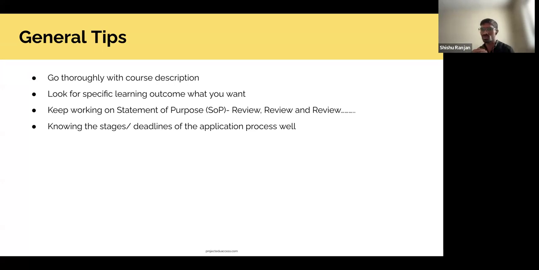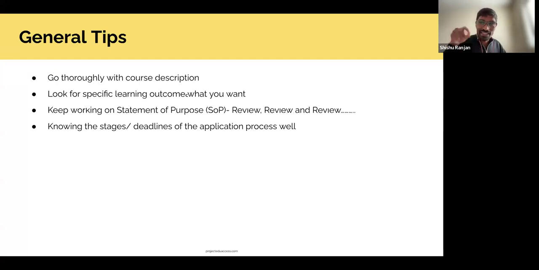Review it, and just keep writing. Each and every word matters in that SOP, because it depends on the university. Some universities will ask for only a 500 words essay for your SOP. Some universities may ask for one page, and in one page you can bring whatever you want. Some will ask for 2000 characters. So you need to pick up on what they are saying. If they are saying 500 words, it means 500 words maximum.